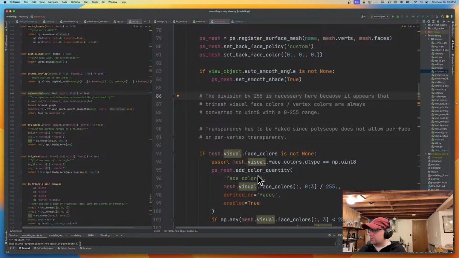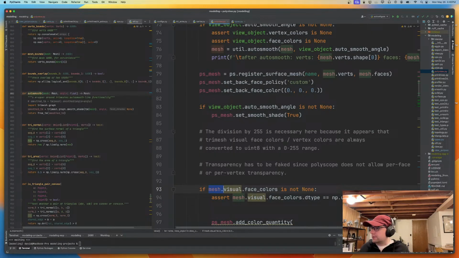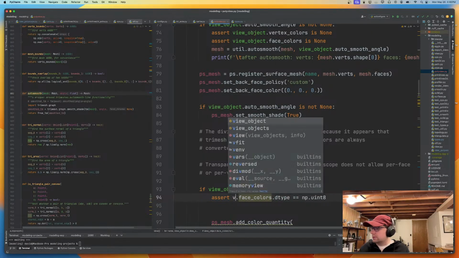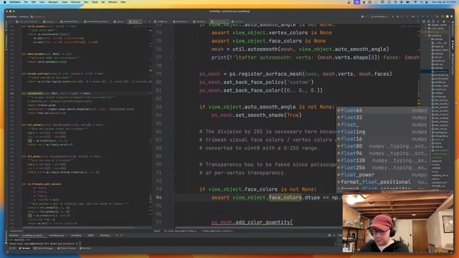And see, Polyscope is expecting floats, which is what we want to send in. So I could even do an assertion here, right? So instead of this, it's going to be view object dot face colors is not none. I'm going to assert that the face colors dtype is np dot float 64